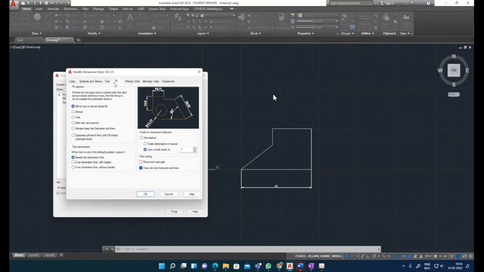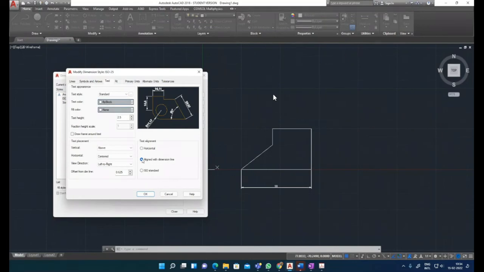So suppose for a text, I will try to show you. So text height, you can see. If you want to increase it, suppose I want to increase it to 10 here. Initially by default it was 2.5, I think. And there is also text alignment, so that you can also change. You can even change the text placement, where you want to place this 90 written. In the drawing there is a 90 written, no? So that